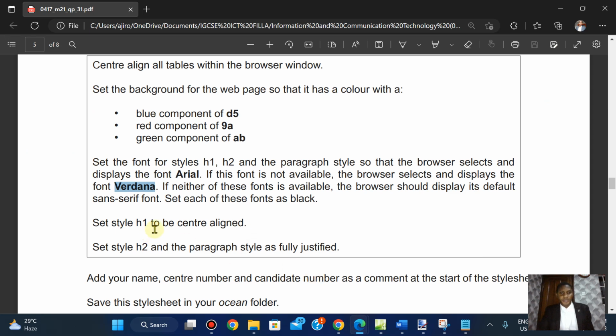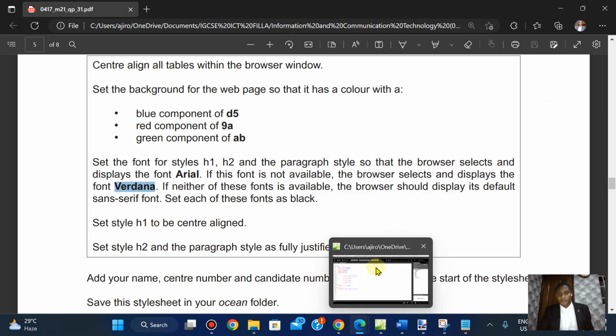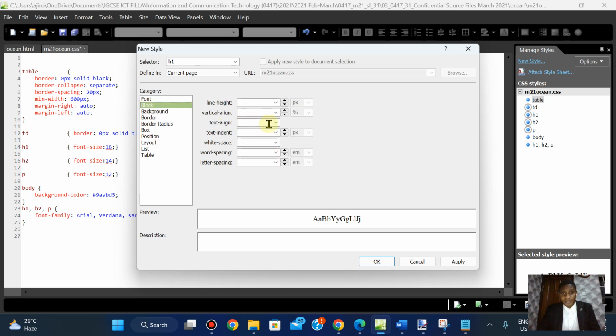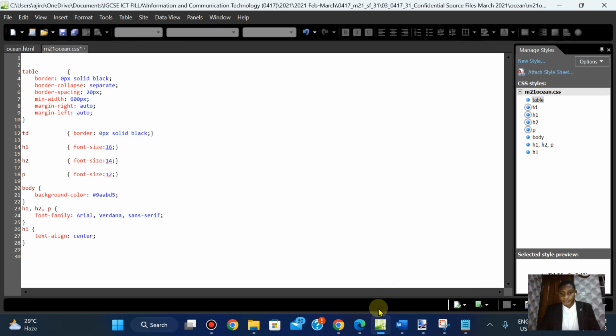H1 to be centre aligned. Okay, centre aligned. Okay, that should be, yes, text align, center, apply. Okay,